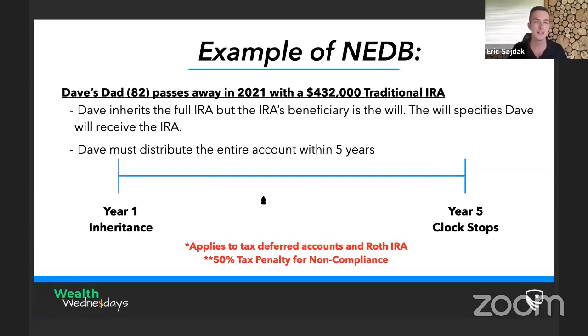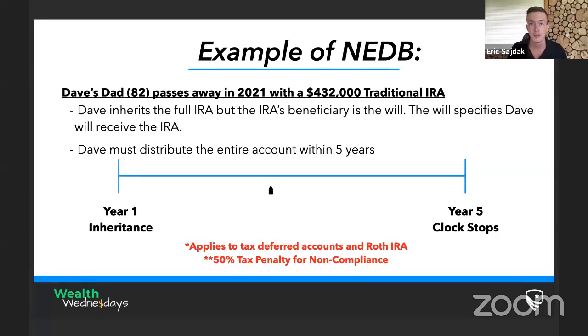So let's use that same example. Dave's dad, 82, passes away in 2021 with a $432,000 traditional IRA. But this time, Dave still inherits the full IRA, but the IRA's beneficiary form laid out the will. Dave's dad laid out that he essentially wants it going to his estate. They have a will that specifies Dave will receive that IRA. Because he's now classified as a non-eligible designated beneficiary, he has to distribute that full account